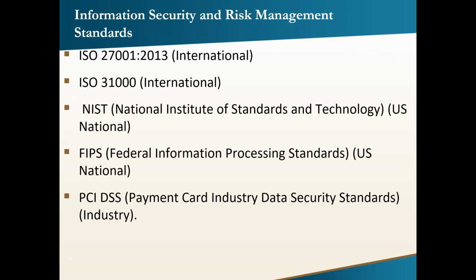So these are examples of information security and risk management standards. You have the ISO 27001, which is an international standard. You have the ISO 31000, which is on risk management. It's also an international standard. Then you have the NIST. NIST is more like an American national standard. Then you also have the FIPS, that is the Federal Information Processing Standard. It's also a US national standard. Then you have the PCI DSS, which is prevalent within the banking and financial